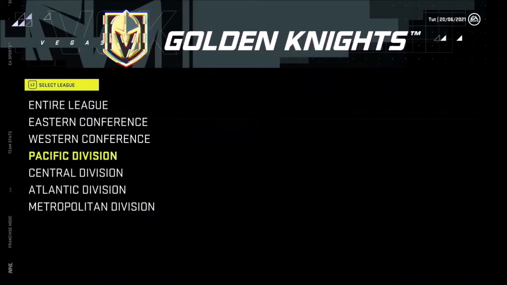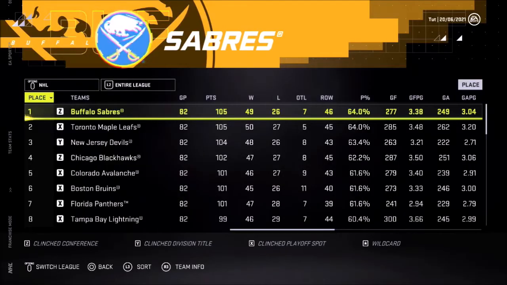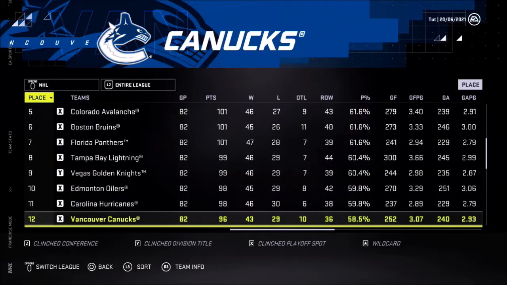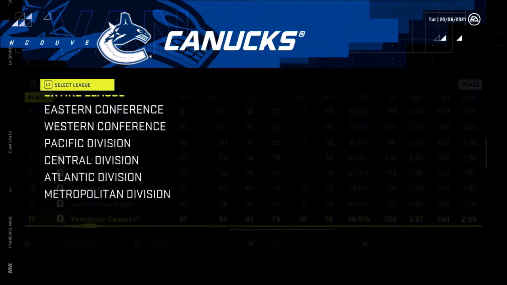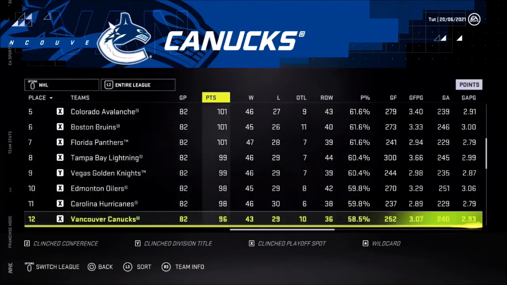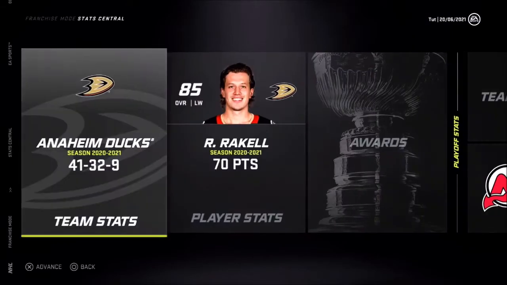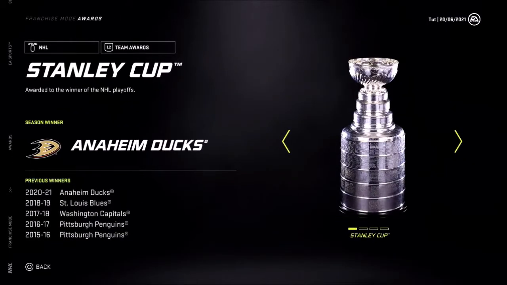Let's look at the team stats. As my player is in Vancouver, just look after where your team plays. In my case, we ended up 12th in the entire league, with 96 points, 43 wins, 29 losses, and 10 overtime losses. And of course, document the awards, because the awards don't go